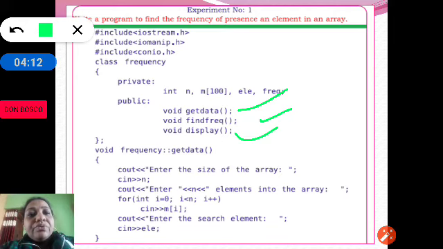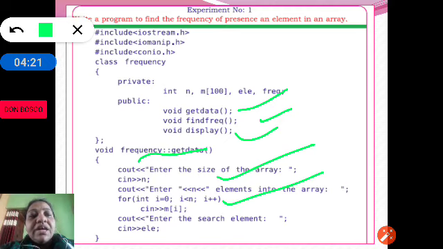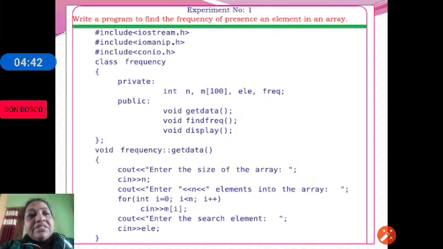So in get data, you are accepting the size of the array, and we are accepting the elements. For i equal to 0, i less than n, i plus plus, we are reading the data into the elements and then enter the search element. That is ELE. The accepted elements are stored in m, and the searching element is ELE. Now let us check out the next functions.